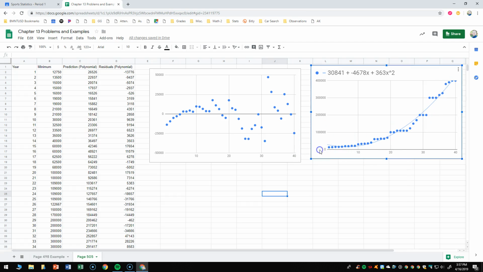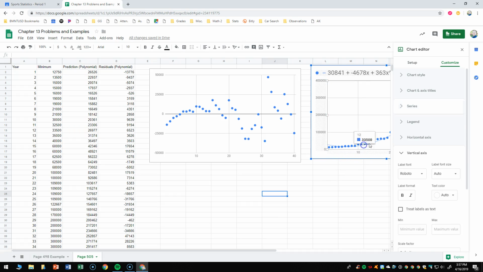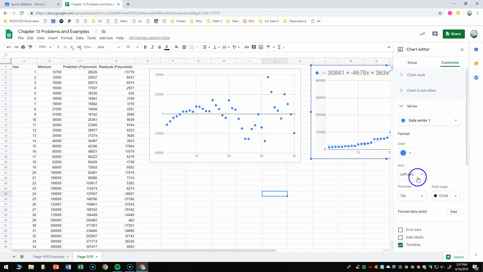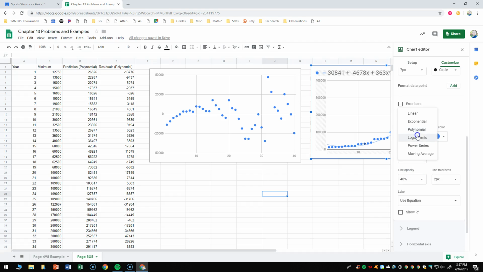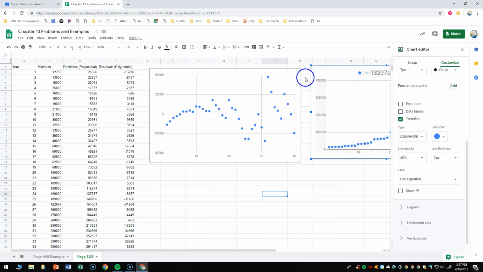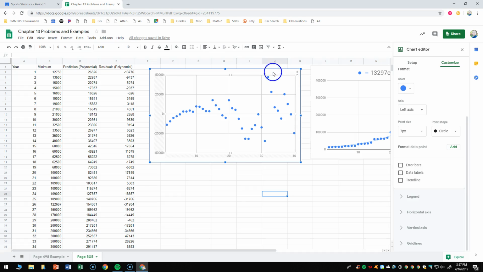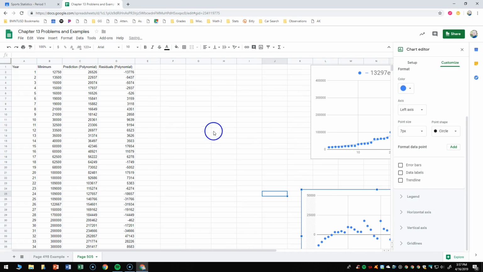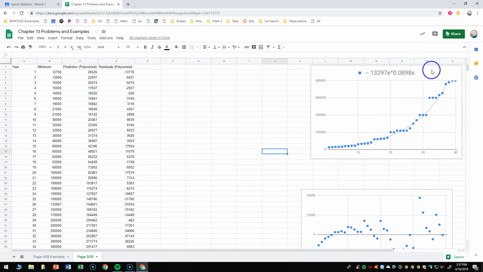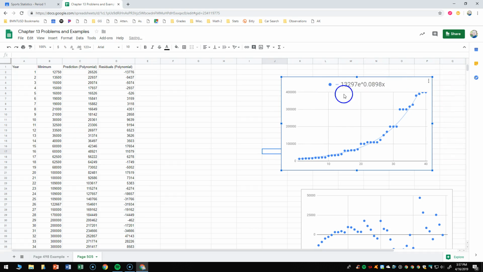So let's go back to the drawing board. Let's try a different series. Or different trend line. Let's go to exponential, because that one was the next closest. So we can move that down here. So if we go to exponential now we have this equation here. So prediction exponential. So equals 13297 times E. Now E,